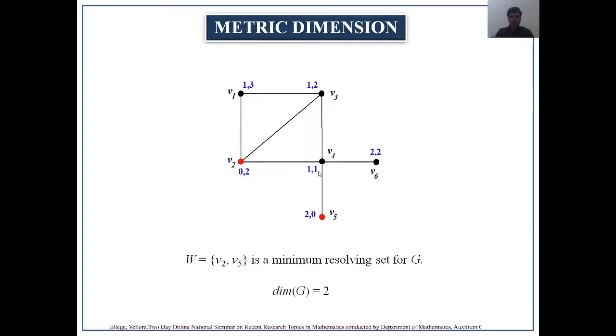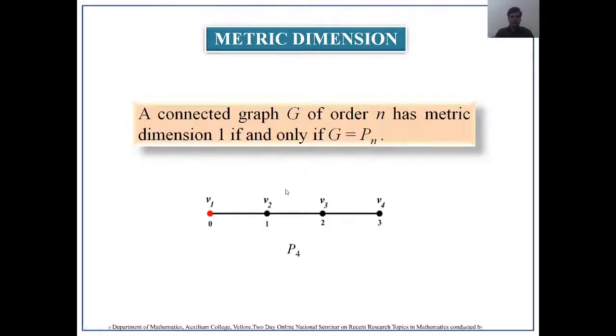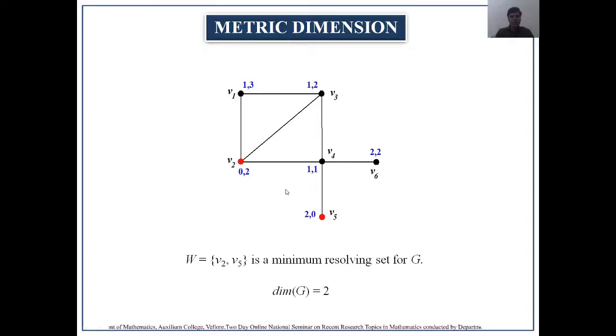If it is more than one place, well and good, we welcome that also. Next, this is true for every pair of vertices in the graph. Therefore, I can say that W consisting of vertices v2 and v5 is a minimum resolving set for G. Therefore, the metric dimension of graph G is equal to 2, because we cannot reduce further